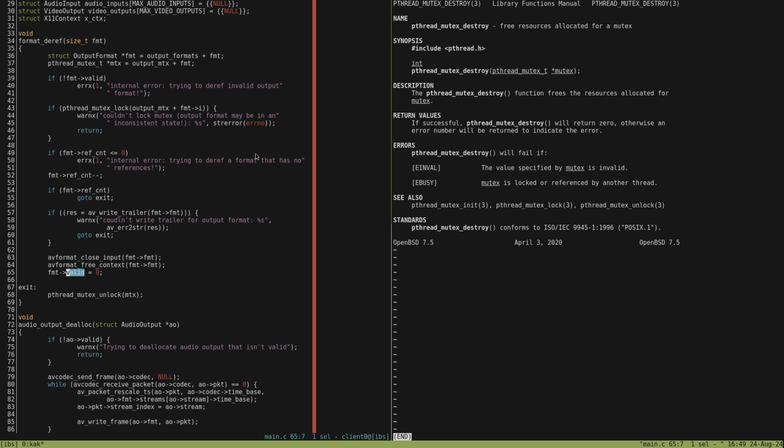Mutex is locked or referenced by another thread. I don't know how I'm meant to read that.